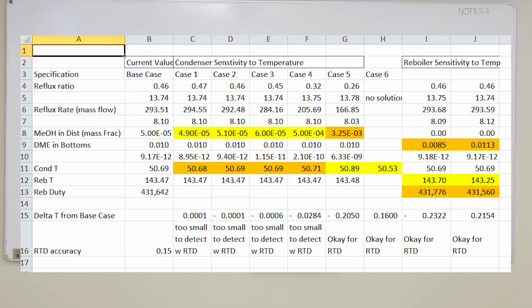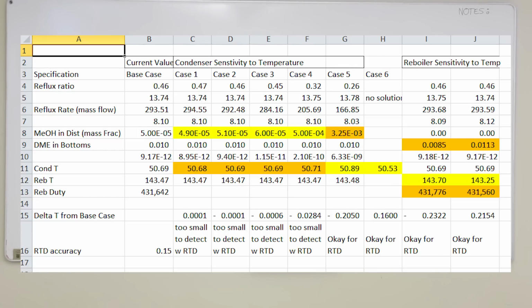So that might be either a situation where we go back and look at the specifications that we're going to sell the material at and say we're going to try and change the standard for selling DME with methanol in it so that we can actually control it with a temperature, or we're looking at having to buy an analyzer, a pretty expensive analyzer. We probably need an analyzer anyway, but to put an online analyzer in, that's going to be tricky. So I think we've got a bit of a question ahead of us on that one. We think I'll put an analyzer in anyway, but